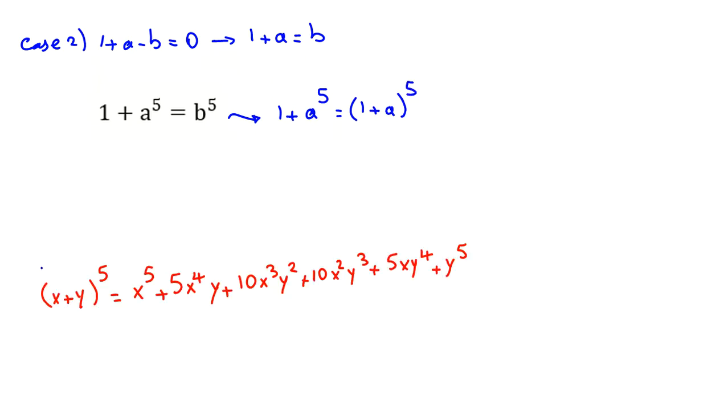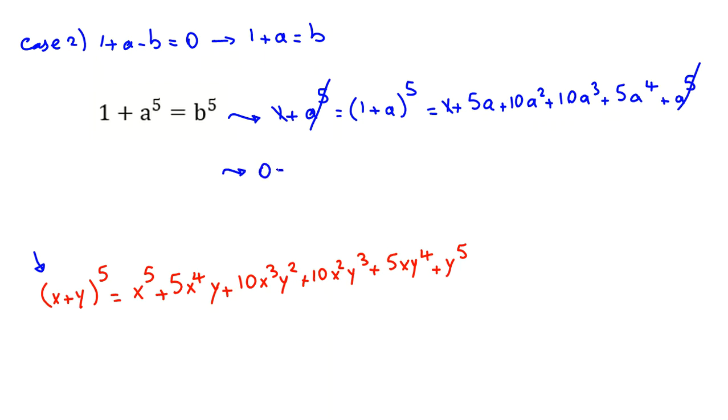This part we should use the binomial theorem. We should memorize it for n, but here we want to use 5. I only write 5. So here x is 1, y is a. So it will be 1 plus 5a plus 10a squared plus 10a cubed plus 5a to the 4 plus a to the 5. So here a to the 5, a to the 5 we cancel. 1 and 1 we cancel. So 0. And if we divide both sides by 5, it will be